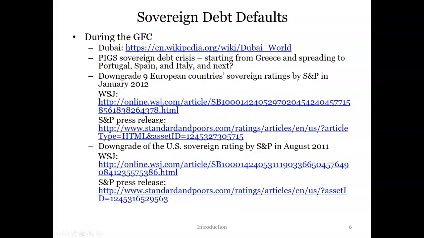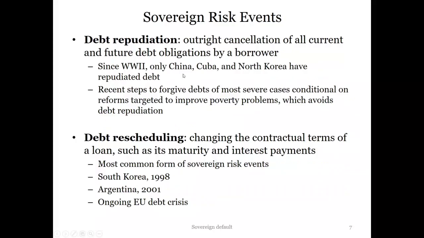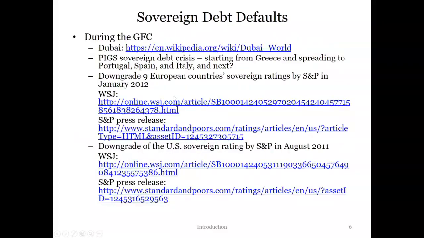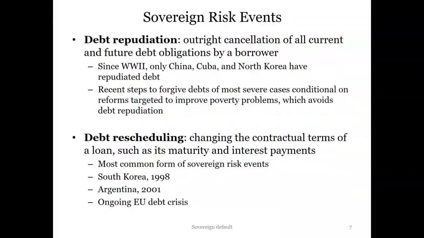So I give you a couple of links about this event. If you're interested, just have a look at them. And also there is an interesting video on YouTube. If you search European debt crisis visualized, there is a very interesting video that talks about the background of the events. It's related to monetary policy, fiscal policy, problems with the European Union, and cultural things that led to this crisis.